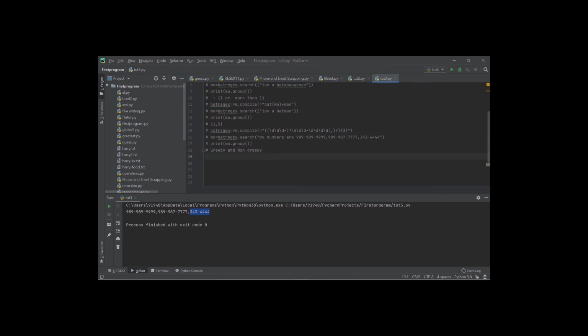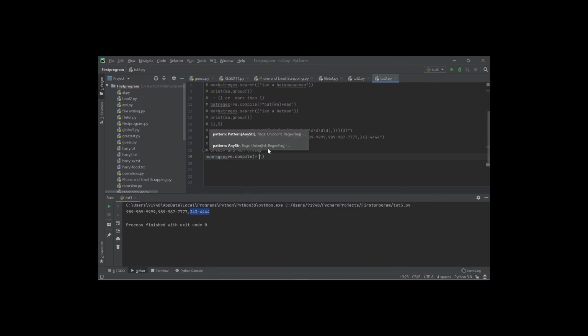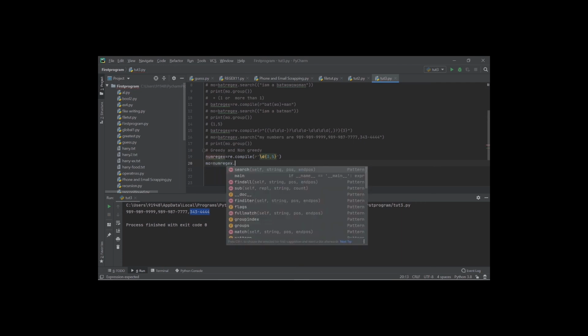Now let us write something like num regex, a regular expression, equals re dot compile, a raw string, something like slash d, and it can appear 3 to 5 times. Then mo equals num regex dot search.